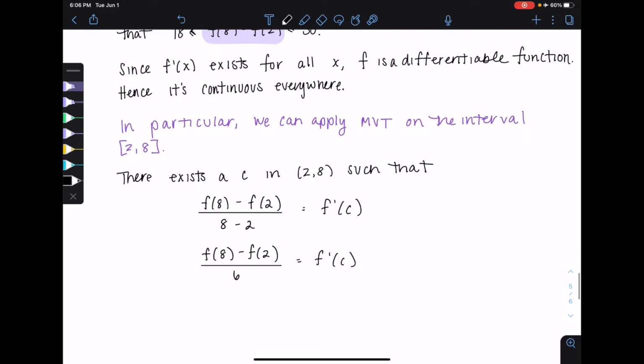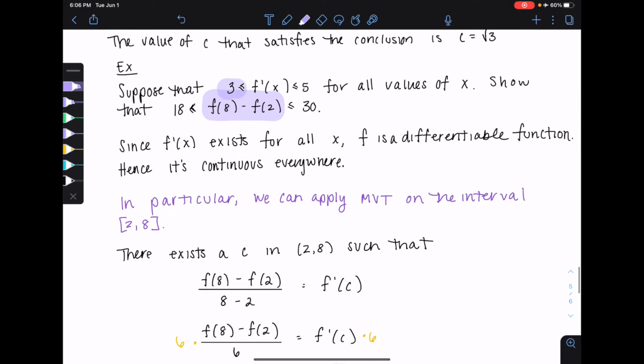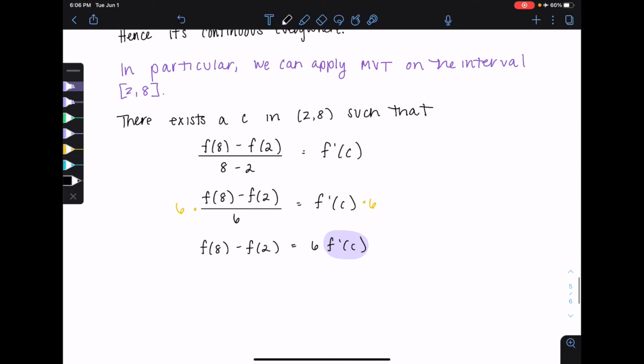If I multiply both sides by 6, this tells me the difference of f of 8 and f of 2 equals 6 times my derivative. But I know what this derivative is trapped between. It's always between 3 and 5. So using that to my advantage,